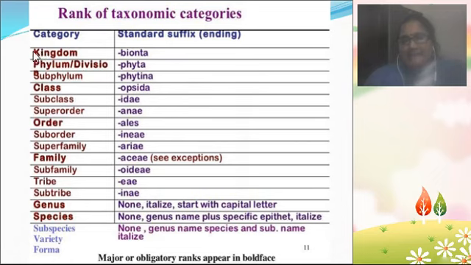These are known as ranks. Each one is known as a taxon, and totally they are known as taxa, and each one is also known as a rank. What is the rank? Kingdom. Class. Order. Family. The rank here is genus, the rank here is species. So like that, these are known as the ranks. These are also known as the taxa, and each one is known as a taxon.